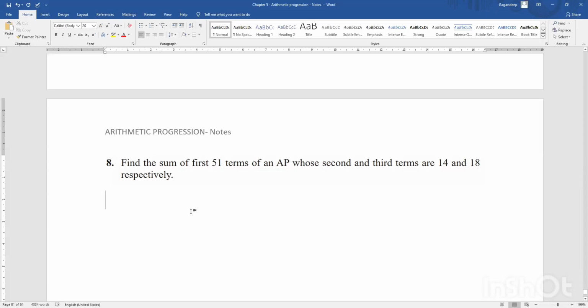Today we are going to continue with exercise 5.3, eighth problem. So here we have the question: find the sum of first 51 terms of the AP whose second and third terms are 14 and 18 respectively. So let us write down that. So here we have